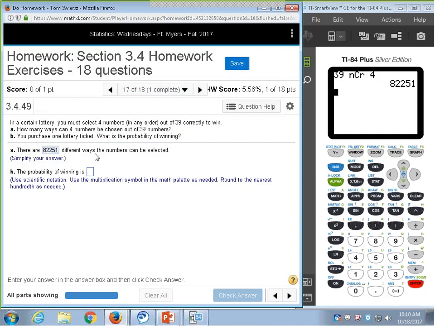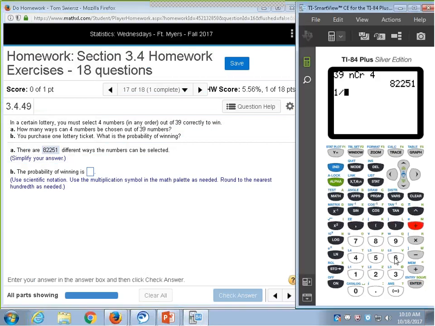So you've got one sequence of 4 numbers, so you purchase one ticket, so your success is one chance out of a total of 82,251. Use scientific notation, so actually we can leave it in that form we got. 1 divided by 82,251 is